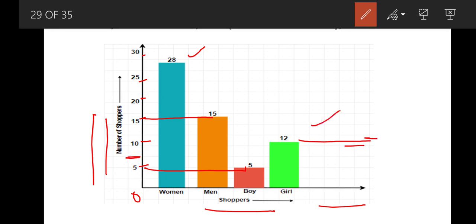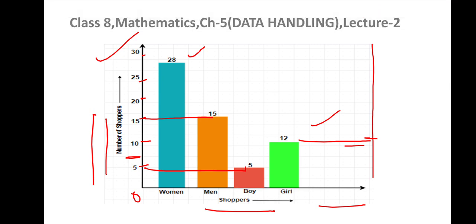Or you need to basically verify from this side. This is what I was showing from this side, so that it is clear to you. Otherwise you need to mark it from this side. So like this you need to represent the bar graph. As there is no gap between the bars, this is a bar graph, and it is for ungrouped data.